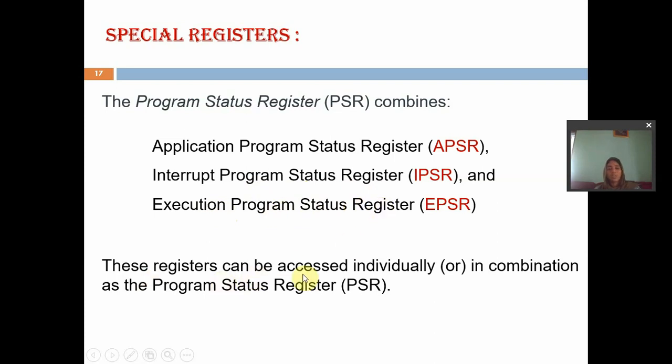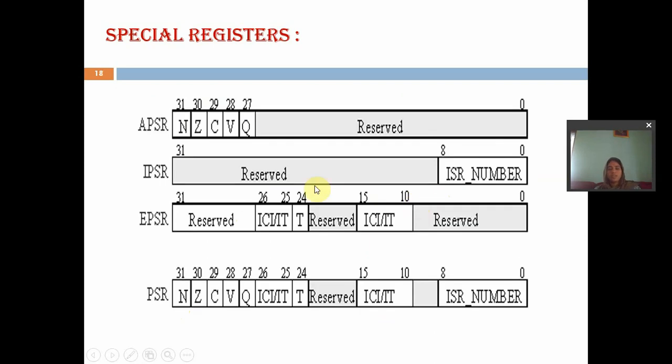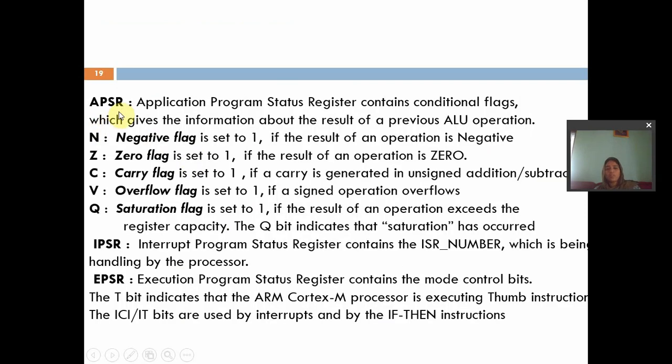These registers can be accessed individually or combined. These are the three special program status registers: APSR, IPSR, and EPSR. These are the formats of the special registers. What is APSR? APSR is the application program status register, which contains the flags.